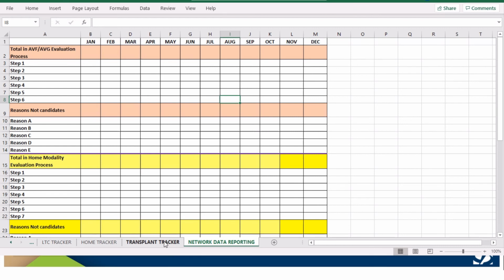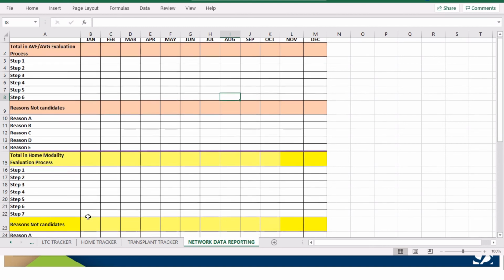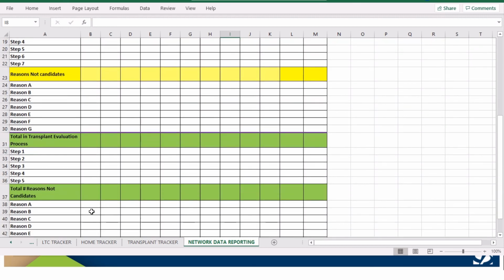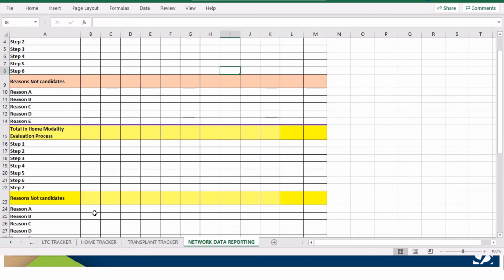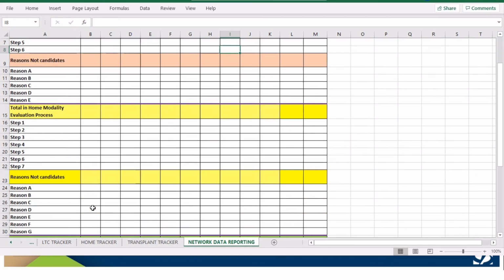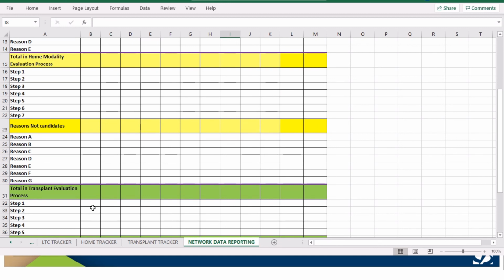Once you have completed the trackers and updated the status, you can copy over the total number of patients in each step or the reasons not a candidate on a month-to-month basis in preparation for reporting to the network. We realize you may have a vascular access coordinator, a home champion, and a transplant designee that may participate